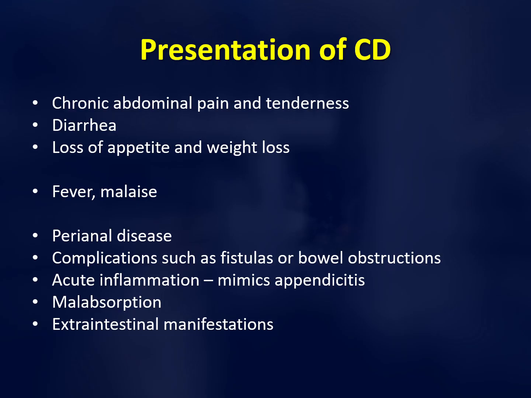Sometimes the acute inflammation can involve the appendiceal area and the patient can present in an inaugural fashion. As a first presentation, it's a picture like acute appendicitis, and many times a patient presents to the ER with a typical syndrome of acute appendicitis, and when the patient is being operated on, the surgeon, when he's resecting the appendix, will notice there's an inflammation in the adjacent ileum, and this is where he will refer the patient